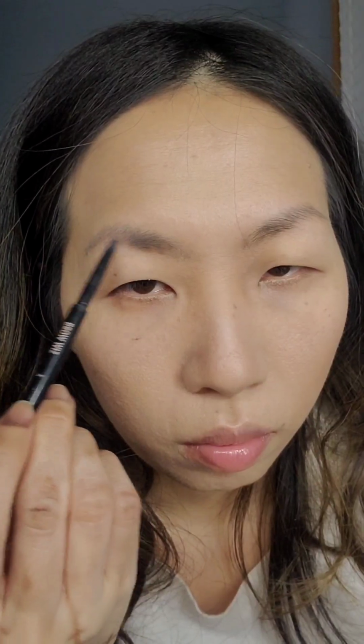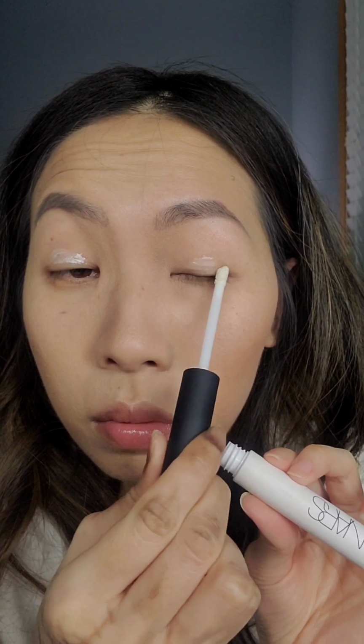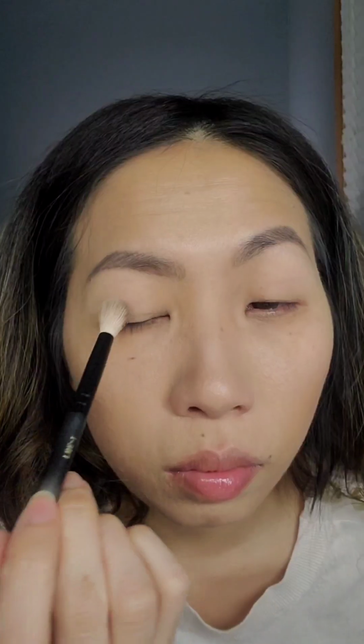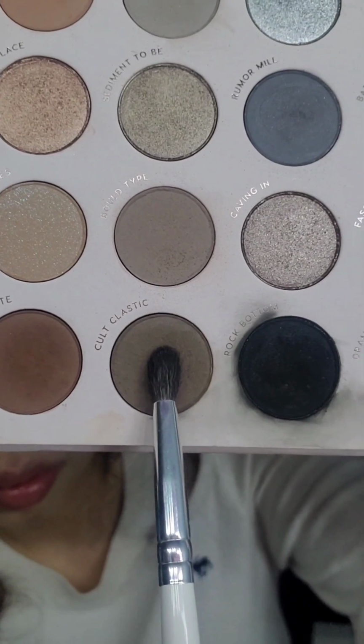Now I'm just lightly filling in my brows. To start off the eyeshadow, I'm using eyeshadow primer. I'm using a cool tone eyeshadow palette like this one from Colourpop. Now with a fluffy brush, I'm going into a light gray eyeshadow and applying that all over my eyelids. Now with a smaller fluffy brush, I'm going into a darker gray eyeshadow and going into the outer corner of